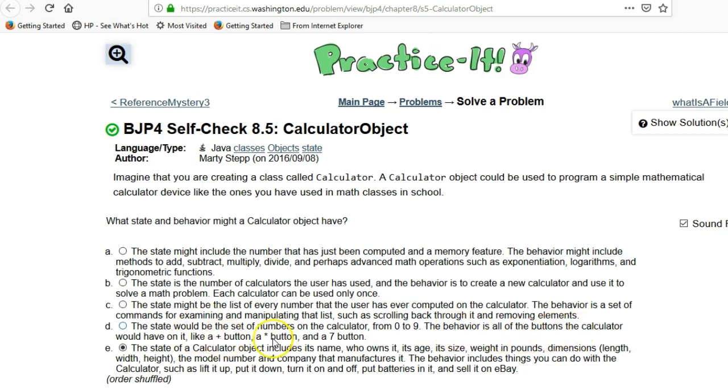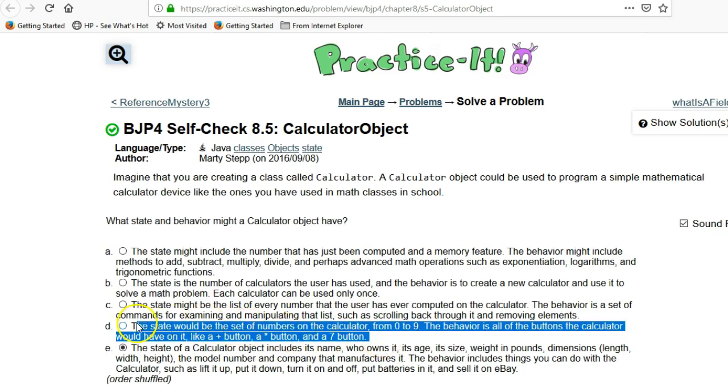So you can add, subtract, multiply, divide, and set, well, it says 7, but it's presumably all the buttons. So this actually is not a bad answer, and in fact, when designing user interfaces, some of you may have already experienced a user interface like this where you drag and drop buttons onto a screen and then you create